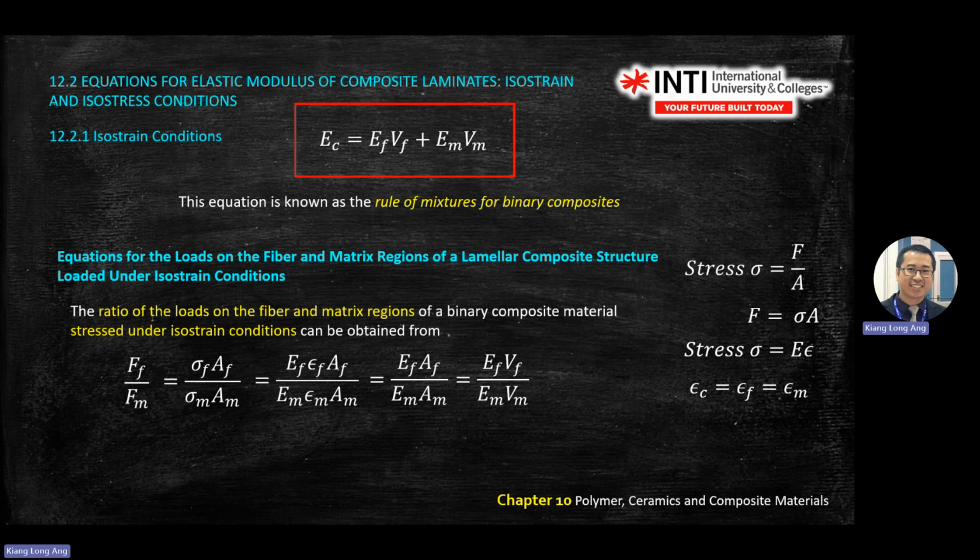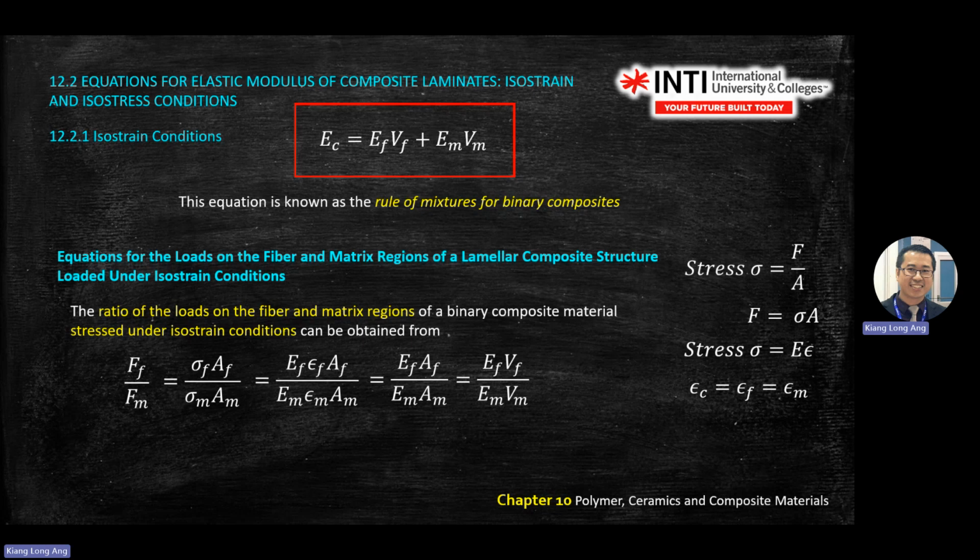This is Hooke's law, right? Sorry, I wrote the wrong one. Not this one. Hooke's law is stress equal to modulus Young times strain. Okay, so this is Hooke's law, and this is isostrain, means composite strain or deformation will equal to the fiber